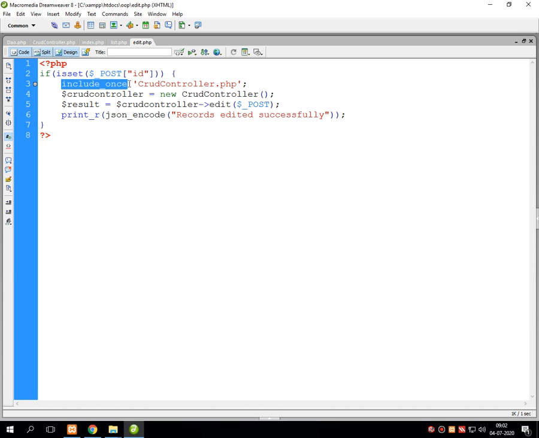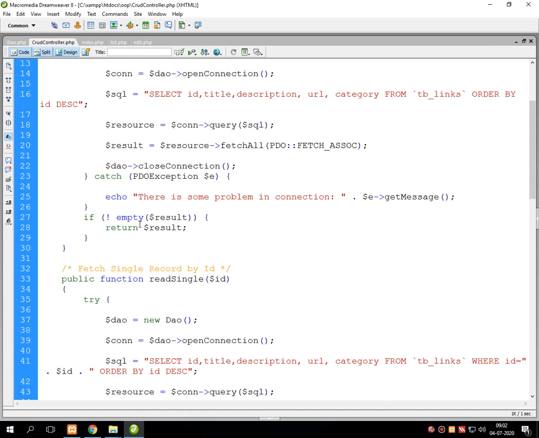First of all, it will include our controller.php file. The name that we have given is crude controller.php. That means it will check the necessary connections, then it creates a new object for this particular file, then it calls the edit function which is stored inside this crude controller.php file.